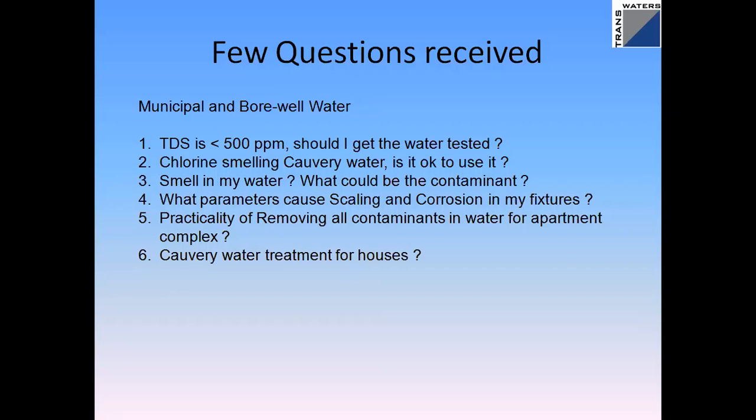Kaveri water treatment for houses, what type of treatment? Generally, Kaveri water in the city areas, Malleshwaram, does not require huge treatment. Basic filters are sufficient. But in areas where there is higher turbidity, for example, Kaveri water at the river, the TDS is around 30-40 ppm. And when it gets to the Malleshwaram area, it's around 120-130 ppm.